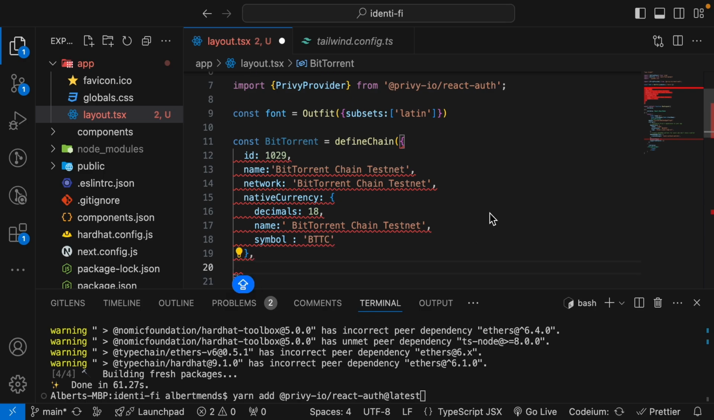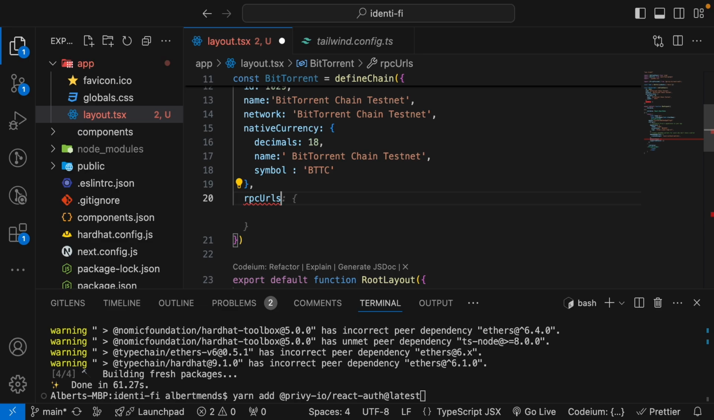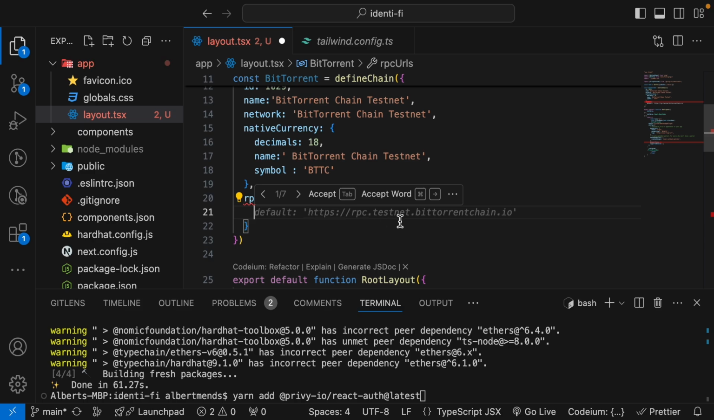Now this is the most important part of this object. We have what we call RPC URLs. This RPC URL is going to make sure any smart contract or any address that connects to your app has access to the correct endpoint that links you to the EVM. So we are going to have our default